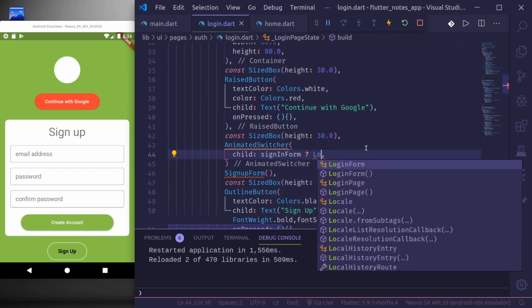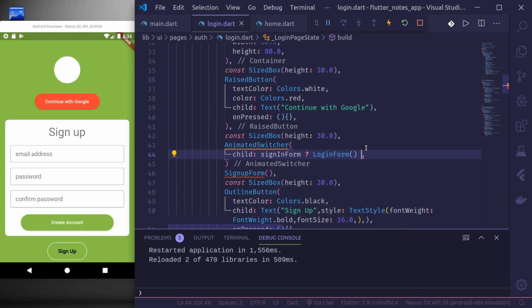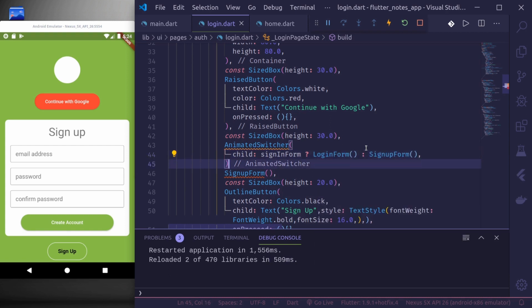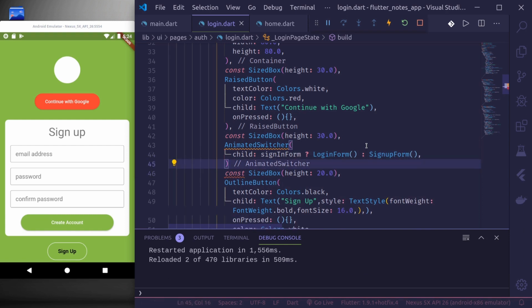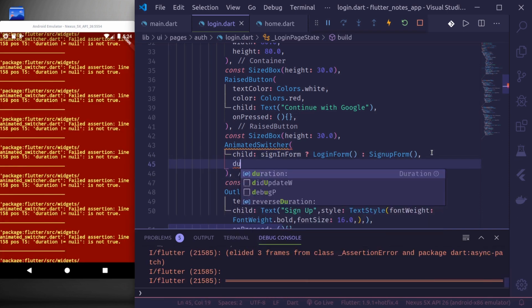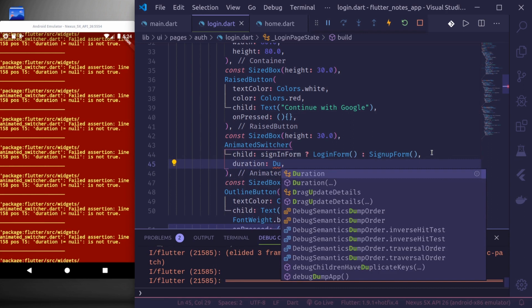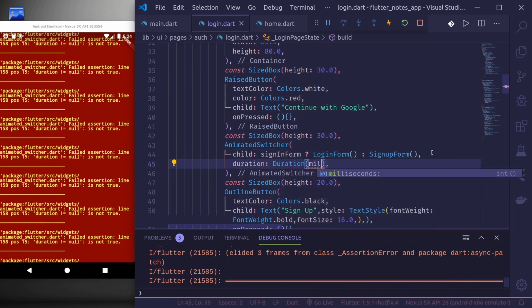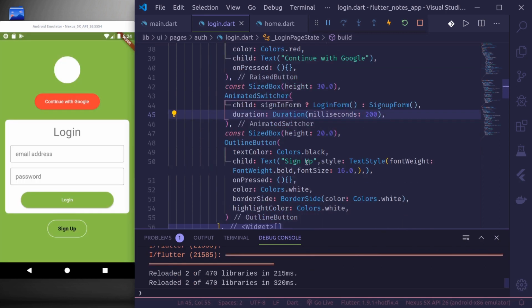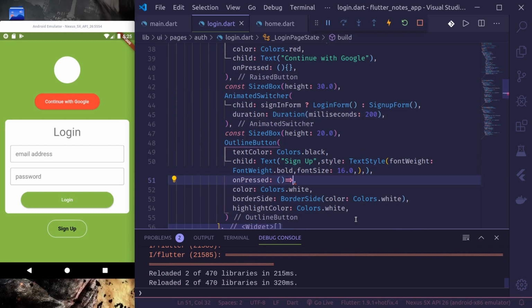login form, otherwise sign up form. So based on the value of sign in form, it will have different children, and it needs a duration because it is an animated widget. So I'll use the duration of milliseconds 200. Okay, and when the sign up button is pressed, here I'll do